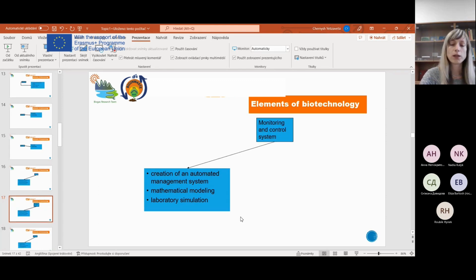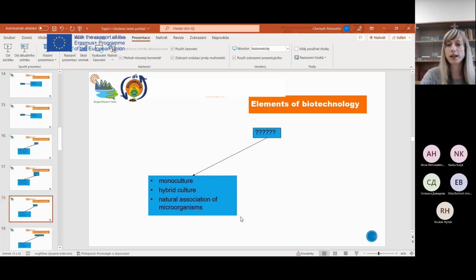Monitoring and control system, automatization of processes. Monitoring and controlling simulation is important for optimization of the biotechnology process, and to look at how our biological agents grow in the bioreactor and whether the conditions are suitable or not. It's very important. The next element of